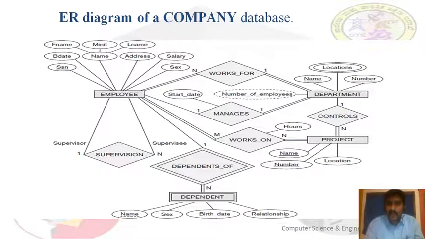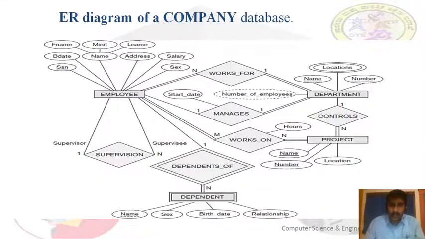In this ER diagram, we have different relationship types such as works for, manages, controls, works on. These are the relationship types which are connected to entities. Next are the attributes. We have different types of attributes, each denoted by a different symbol, and attributes themselves are denoted by an oval shape. We have composite attributes, multi-value attributes, key attributes, and partial key attributes. These are the different types of attributes, and attributes are shown in oval shape.